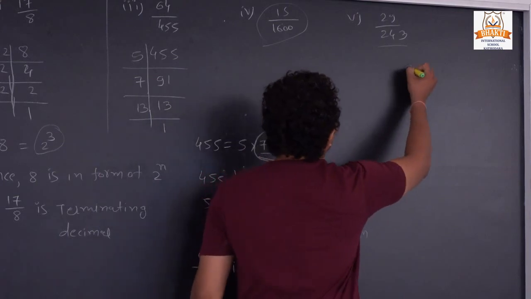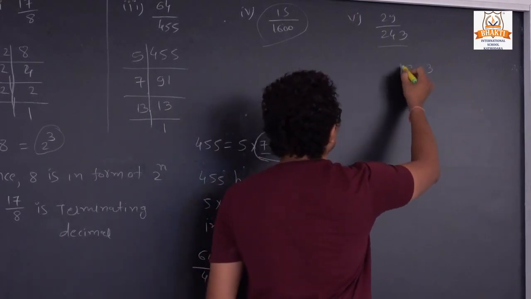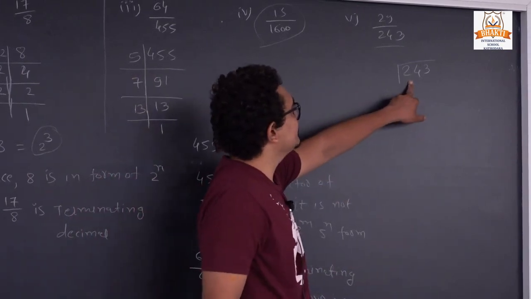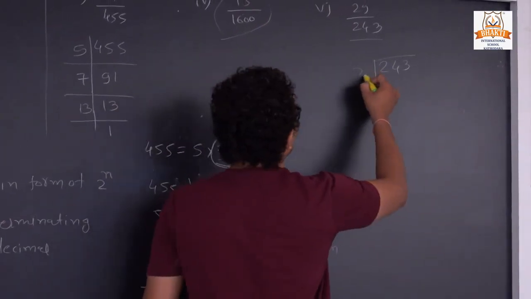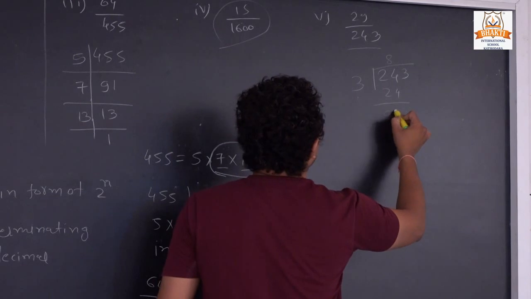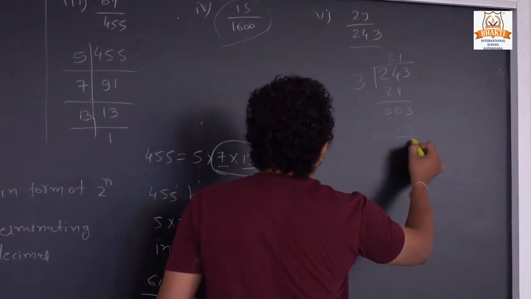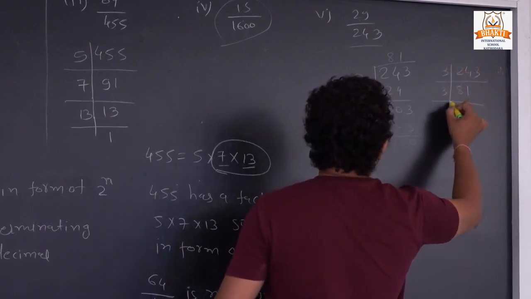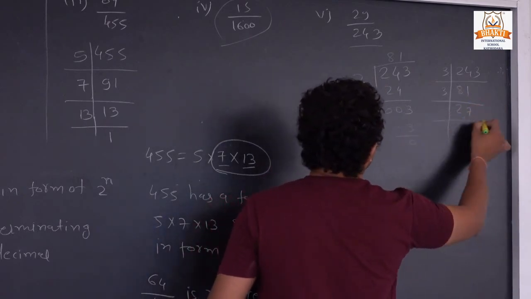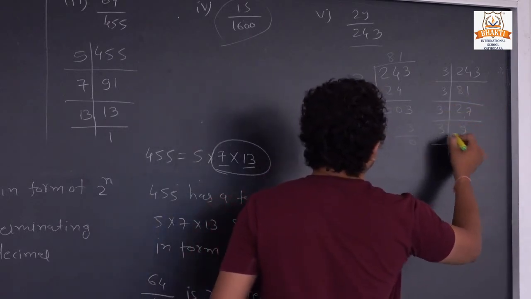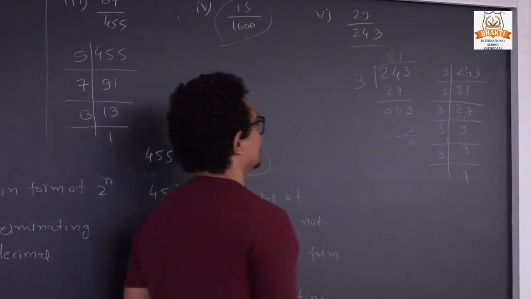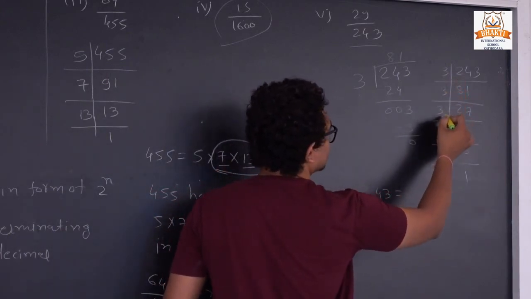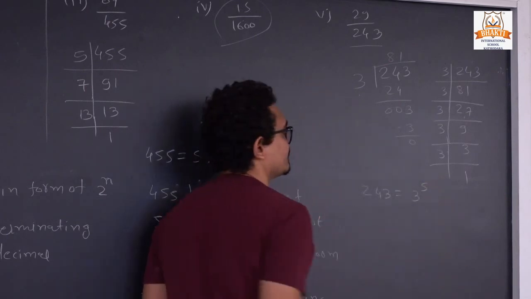So what is the factor of 243? First of all we can start, here you can clearly see that it will be divisible by 3. So 3 8s are 24 and 3 1s are 3. So 243 is divisible by 3. So here we have 81. Once again it will be divisible by 3. So 27. Once again, so it will be 9, then 3, and then 3 1s are 3. So what is the factor of 243? How many times 3? 1, 2, 3, 4 and 5. So we can write 3 raised to 5.